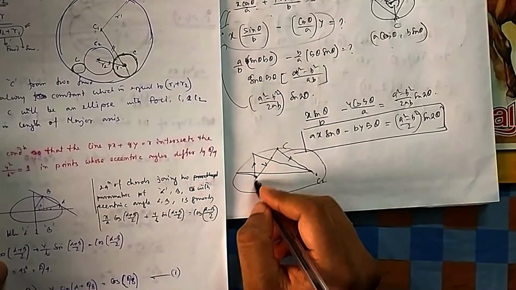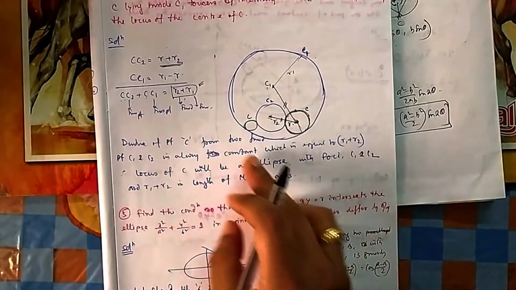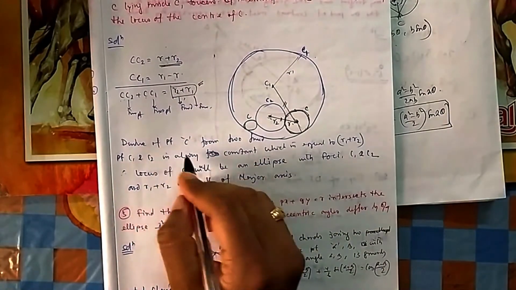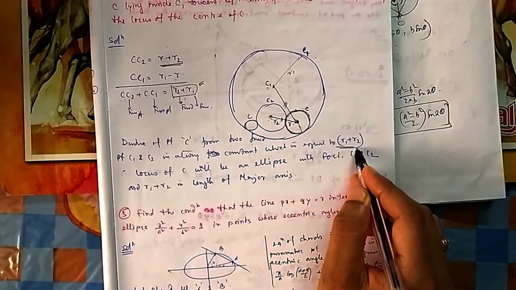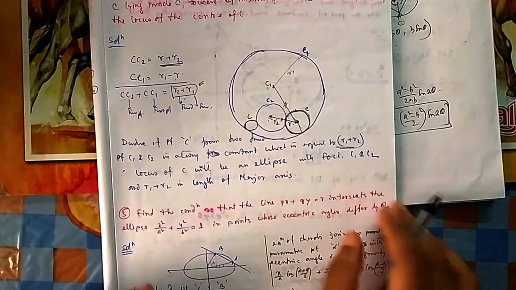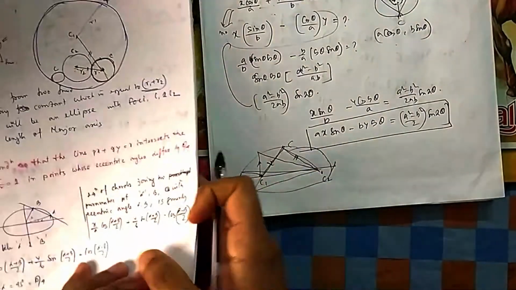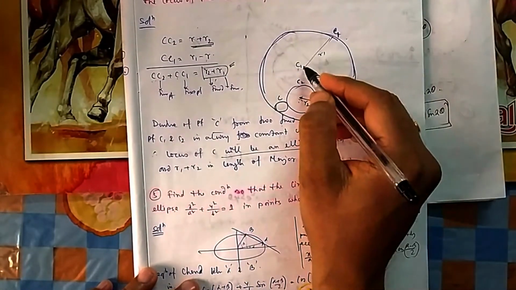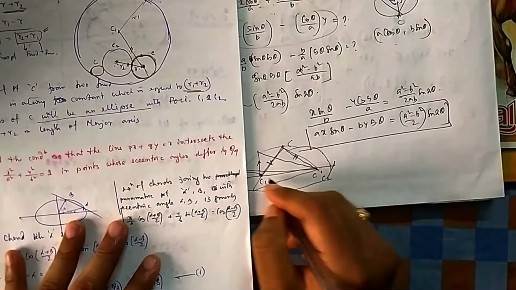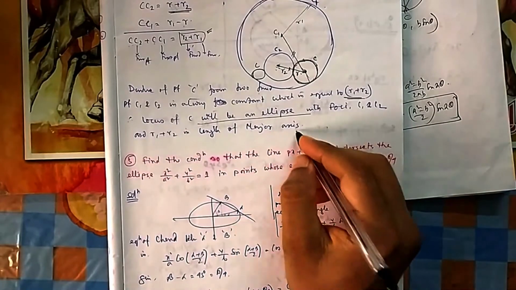In the first experiment I told you that the length of the thread is the sum of the focal distances. So obviously this will represent a locus. I have explained here the distance from C to the two fixed points C1 and C2 is always the same, which is equal to R1 plus R2. So obviously it will be an ellipse, and because the sum of these two distances is R1 plus R2, its major axis is R1 plus R2, that also you know. So the locus of this C will be the ellipse with these two fixed points C1, C2 as the foci, and the length of its major axis will be R1 plus R2.